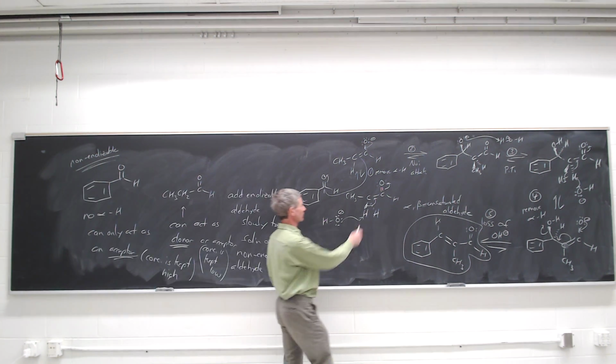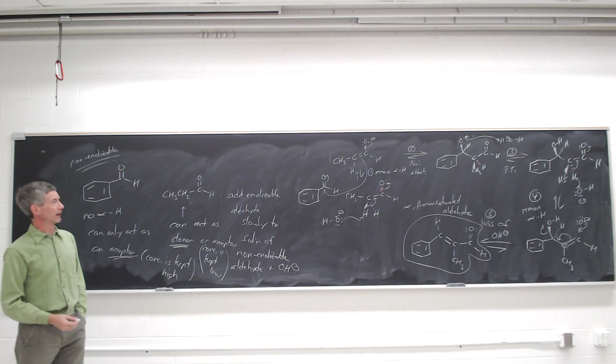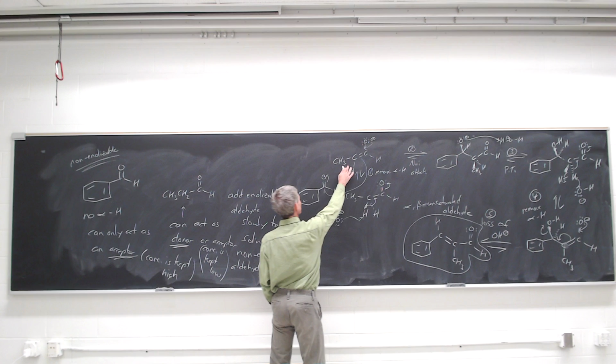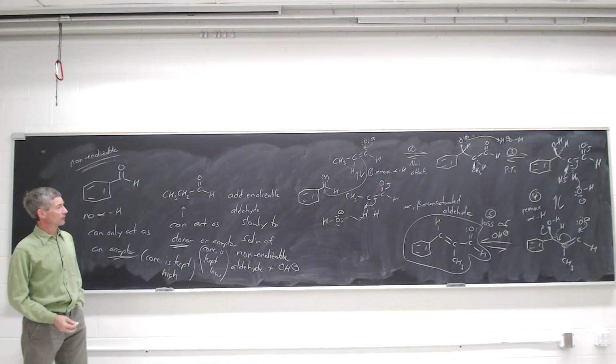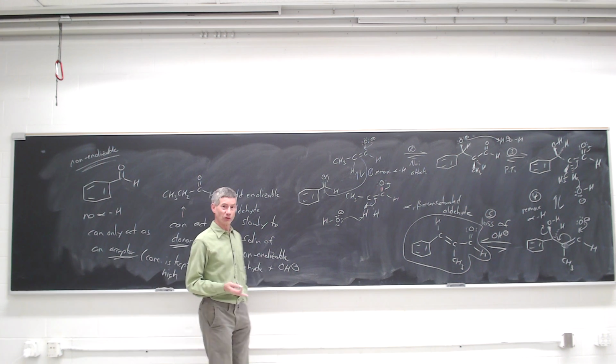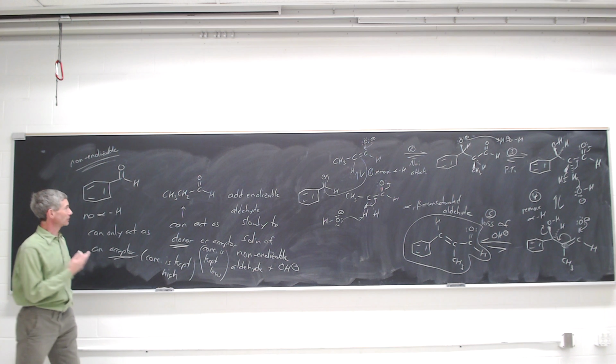You can avoid having it react with itself by dripping it in slowly, so that it's much more likely, after it forms its enolate, to run into benzaldehyde rather than another molecule of propanal. Synthetically, this is quite useful. So the cross-aldol condensation is synthetically useful